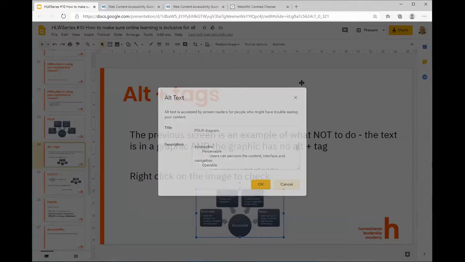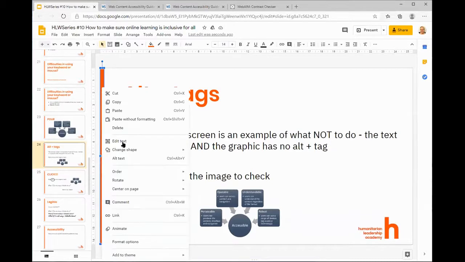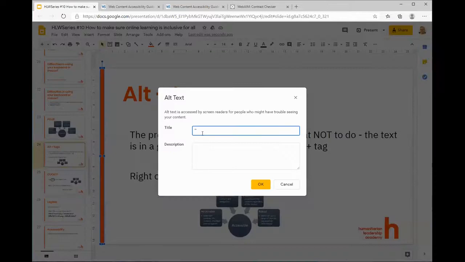So I can hear you asking, what about this graphic here? This graphic here is just a decorative graphic. I don't want my screen reader to read it. Well, if you click the wrong button, sorry. If you don't want a screen reader to read it, you can just put a double, I call them dits, I'm sorry, there's probably a more correct word for it, your double quote marks. Put a double quote mark in there,